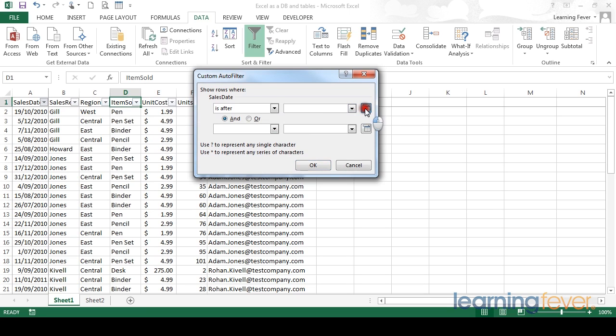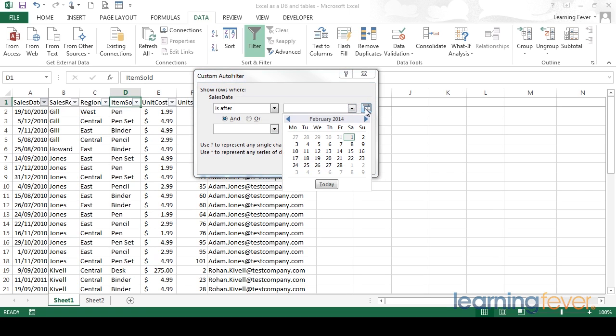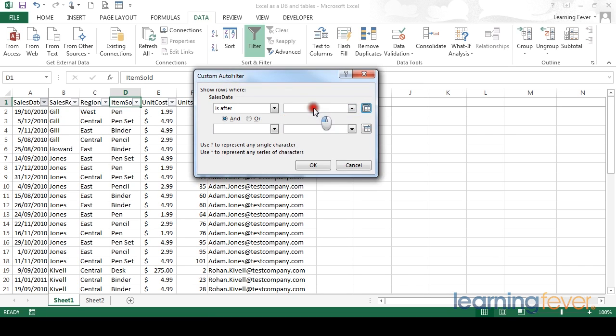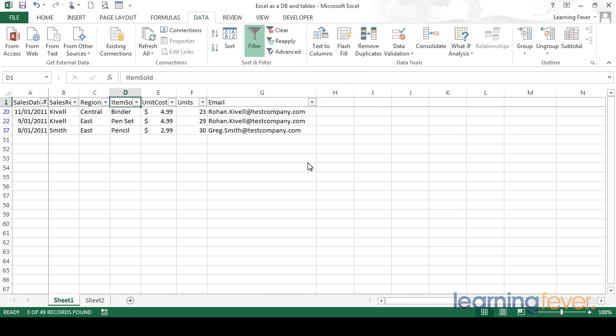I can click into my date box to pre-select from a little calendar, or I can simply type into the box. And click OK. The list is filtered according to my criteria, and only records after the 5th of January 2011